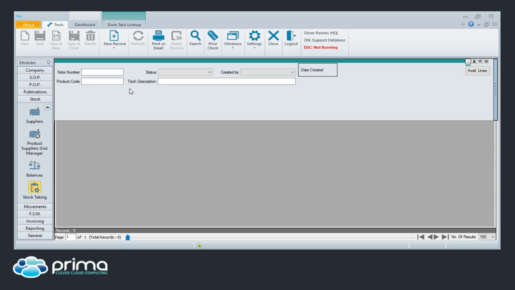So what you have in Prima is the available lines in pretty much all the movements areas, so like the returns, receipts, dispatch, and you've also got it in your invoicing and credits as well. So the available lines is just telling you what's available for whatever module you're in, so available for stock taking in this instance. So if I just click into there,